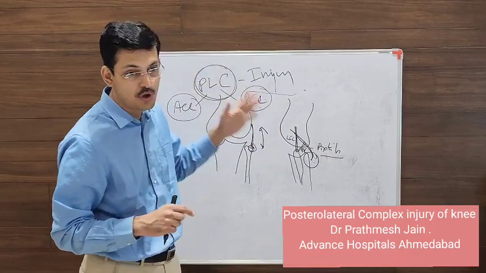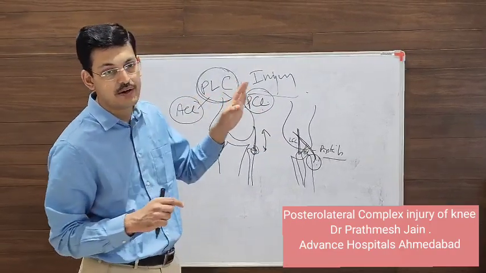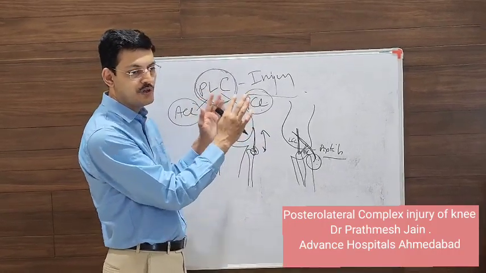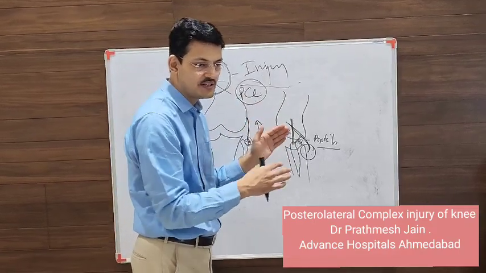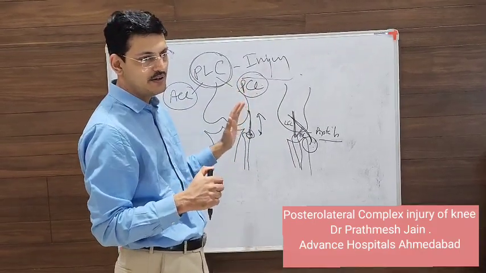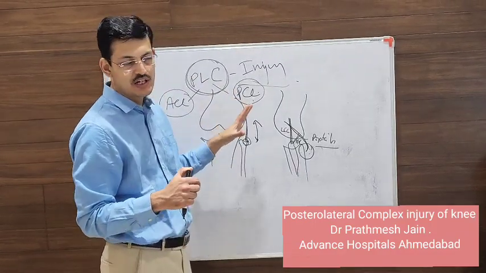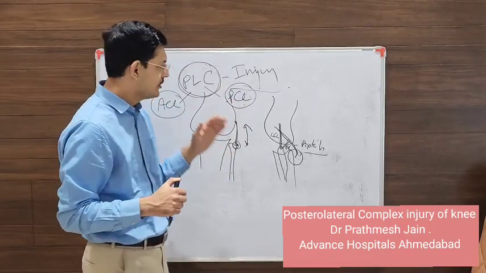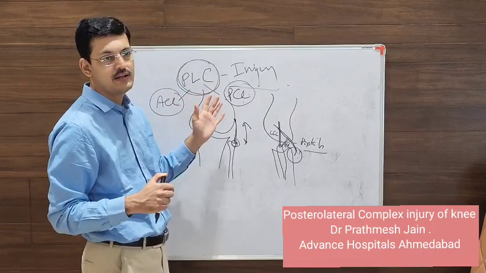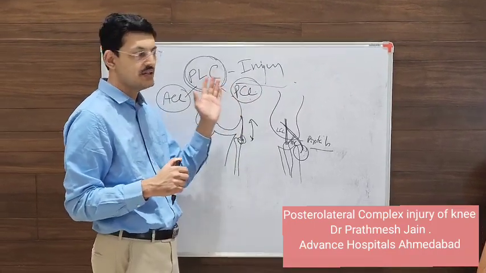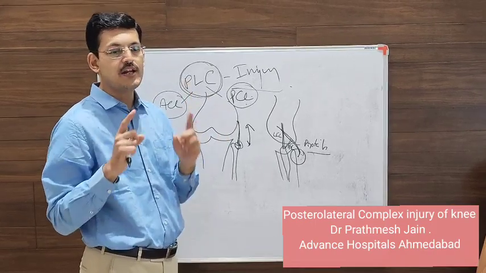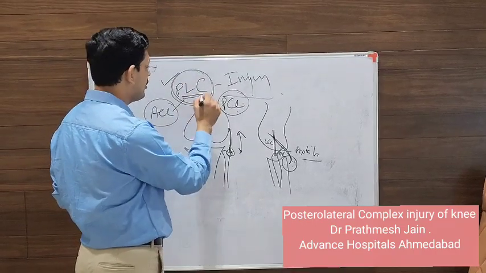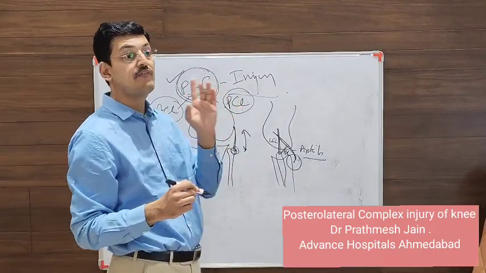Now, if the presentation is chronic, then the treatment will be a little different. So this is about the acute presentation. Although if you read the books, it is recommended that repairs are not very successful and should not be done, still I would recommend that if there is a bone chunk, if there is frank instability on the posterolateral corner, it is still better to go ahead and repair it, and usually it will give you a good result. Now, in chronic scenarios, you need to again investigate with clinical examination, MRI imaging and the varus stress test. A very, very important dictum in all PLC injuries is that a PLC repair or reconstruction cannot withstand a varus knee.